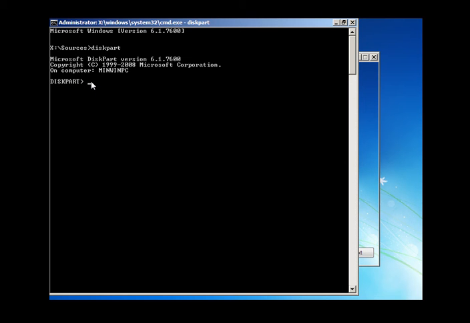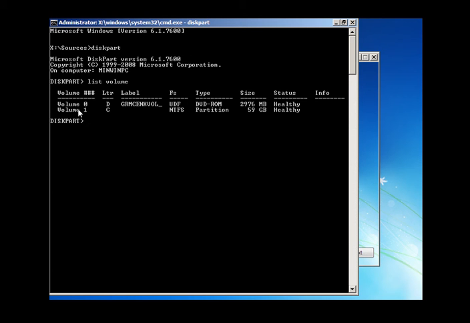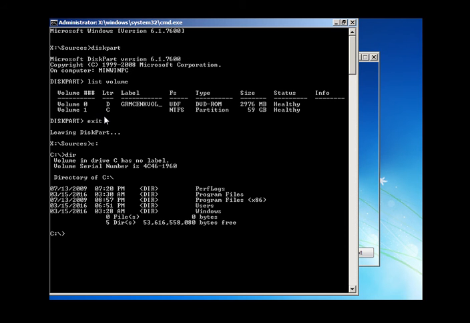Here we run the command list volume. It shows us that in drive C Windows is already installed. Exit from here and go to the C drive. We can verify with dir. Good, we have the Windows folder here.